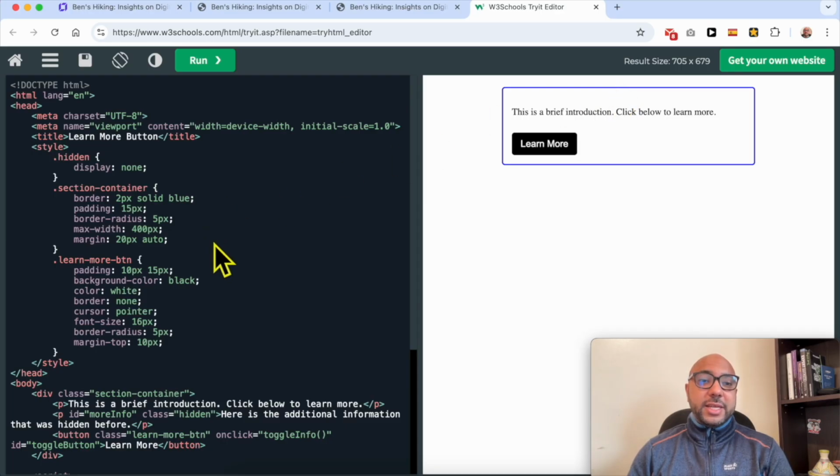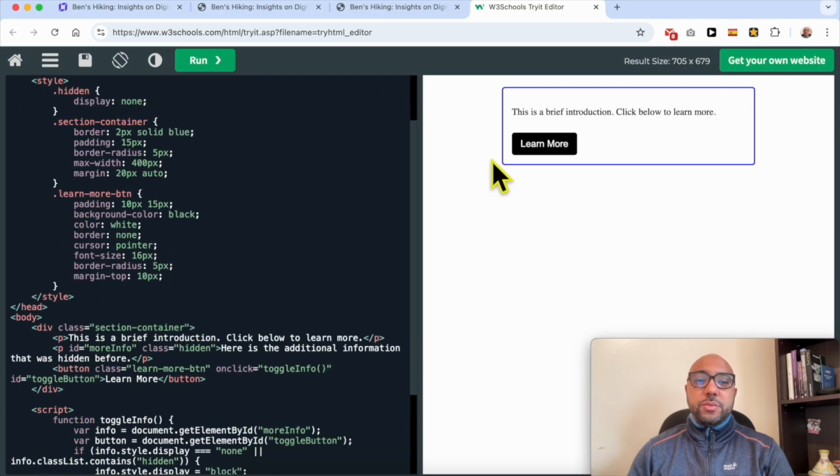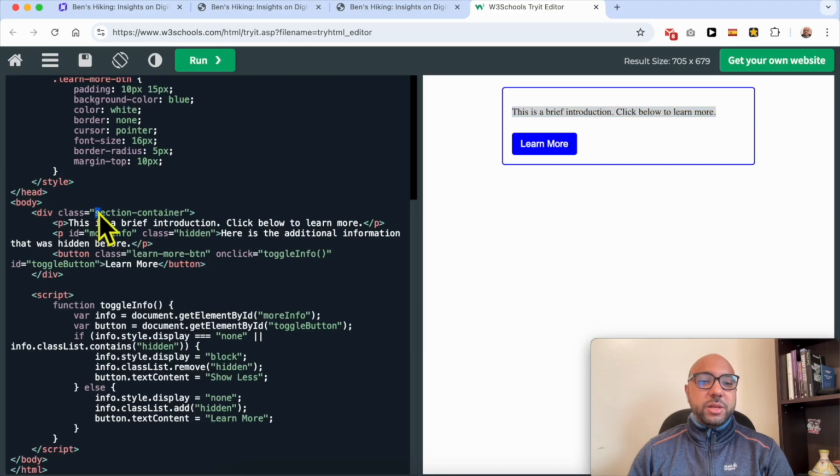The second thing that you can edit is the show more button or the learn more button. As you can see, learn more button, you can edit the button color. Let's turn it to blue. As you can see, the button turns to blue. Now to edit this always shown text or part of text, this is it. It's below the section container. This is the text. Let's write, for example, welcome to. As you can see, this is welcome to,